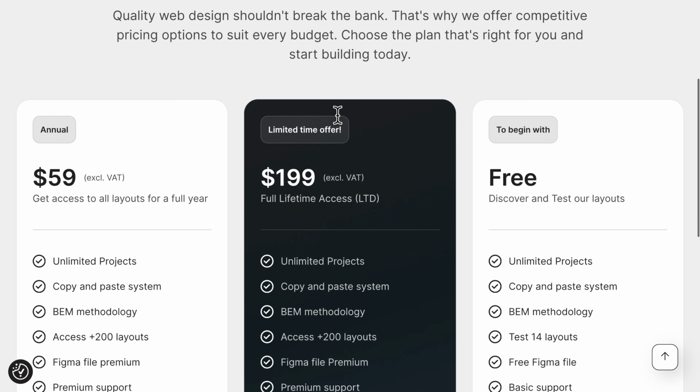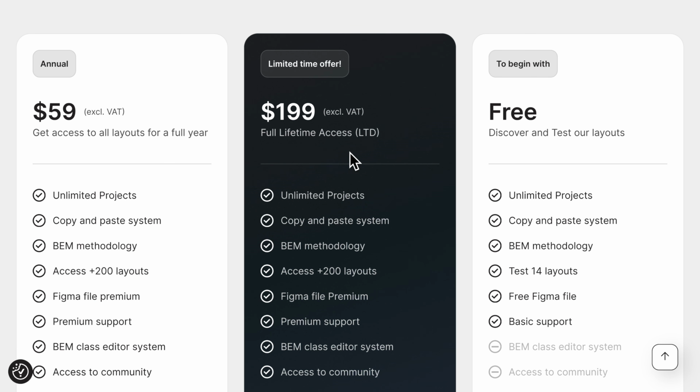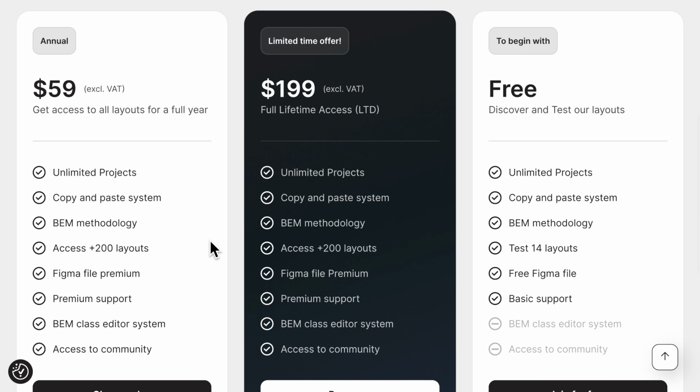Pricing, you say? Let's check it out. And if we scroll down, you see there's the option of either an annual subscription or a lifetime deal. Both of these options let you use it on unlimited projects. All the templates have a version for both frameworks, so it doesn't matter if you use ACSS or Core Framework. And you get Figma files for all templates with a paid account. And they do provide a free account with some free layouts as well. And there are 14 free layouts for now, just to allow you to get a feel for them and test them out.